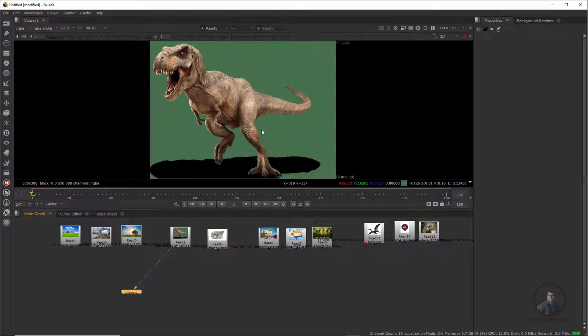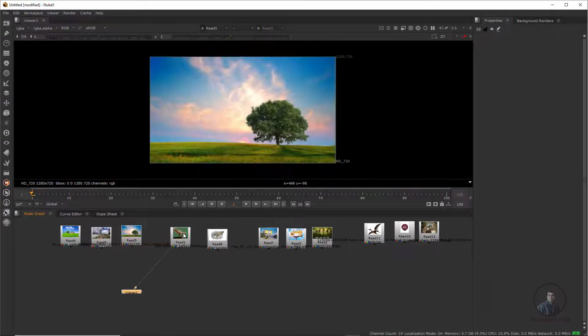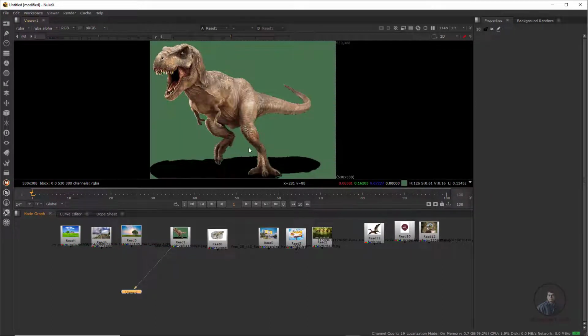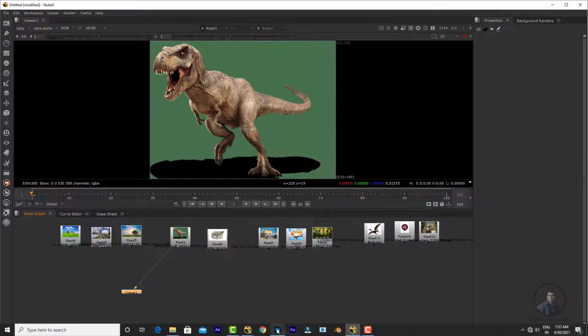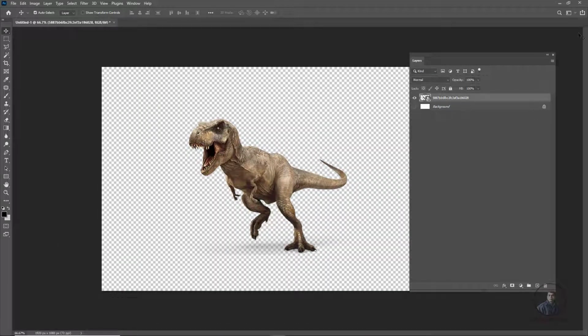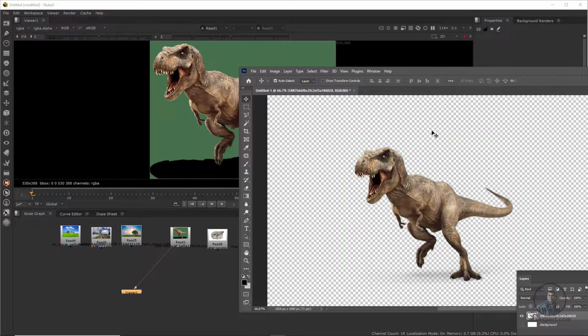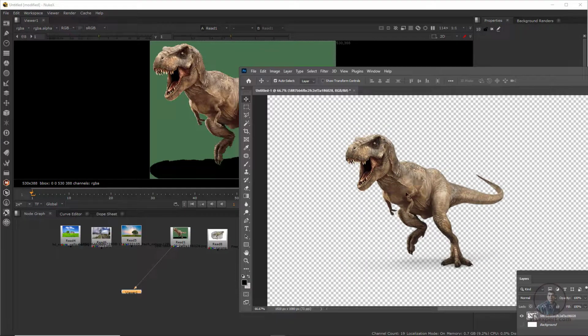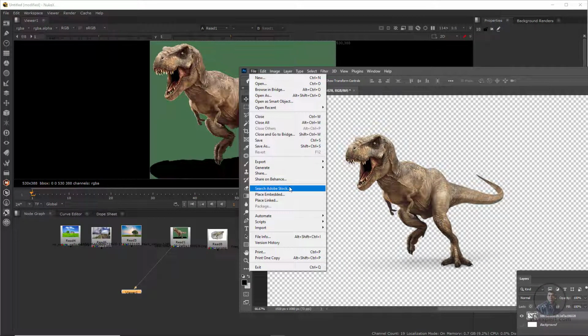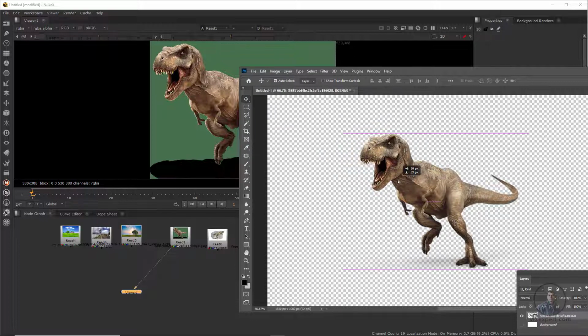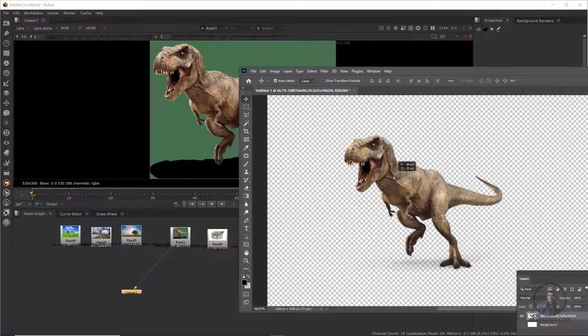So first, this is important: the foreground image, whatever image you are going to composite on top of this background image, should be a 4-channel image. Here I am going to show you in Photoshop. A little bit check it here. If you see this image that I have imported in Nuke, this is a transparent image. I have removed all the background and saved this image in PNG format. So in PNG format we can easily save transparency information with the image.